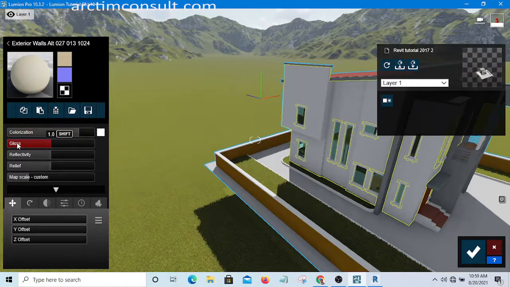Then I can drag the gloss down a little bit. I can reduce the reflectivity. It depends on the material that I want, and some other things that we will adjust later. Okay, then